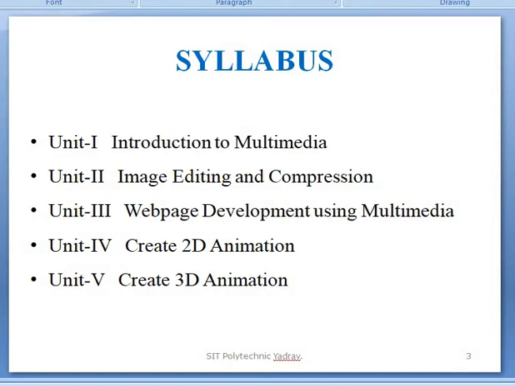The explanation of that software is included: which tools are used, how to create 2D animation, and what is meant by 2D animation. Those are only definitions, which you know. After that, which are the tools, how to give the properties, how to change the timelines, all of that theory depends upon the practical session. So you do not need to study the theory in detail, it is sufficient that the concepts are clear. This is not a theory paper, so you do not need to study those points in detail. But the main points will be included.